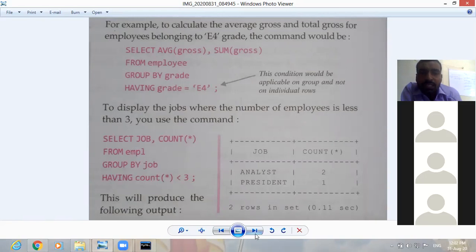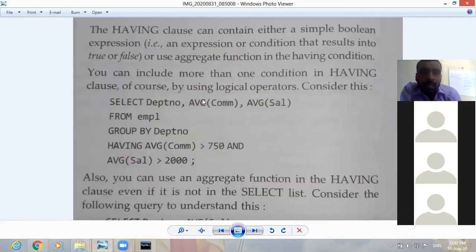Okay, let us use this with an example. Here different examples are given, like we can have the average value and then compare it. We can combine with a logical operator also, like here, where 2 conditions are given: first, having average greater than 750, and average salary greater than 2000.